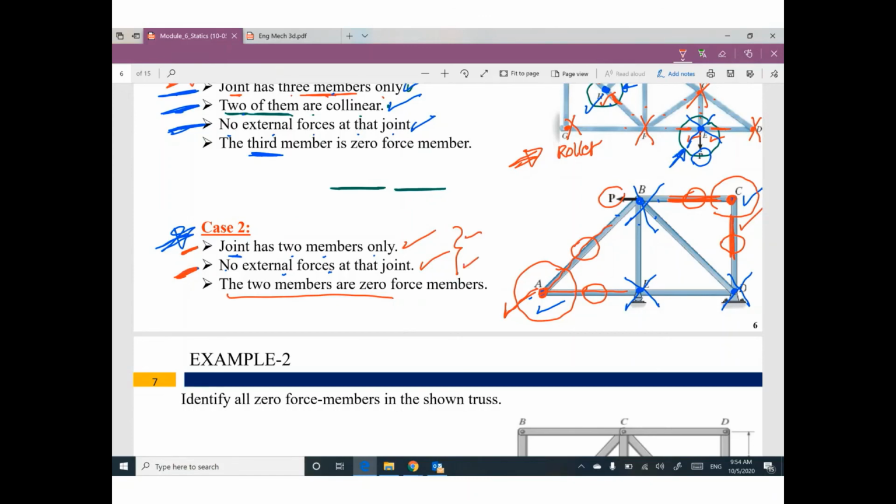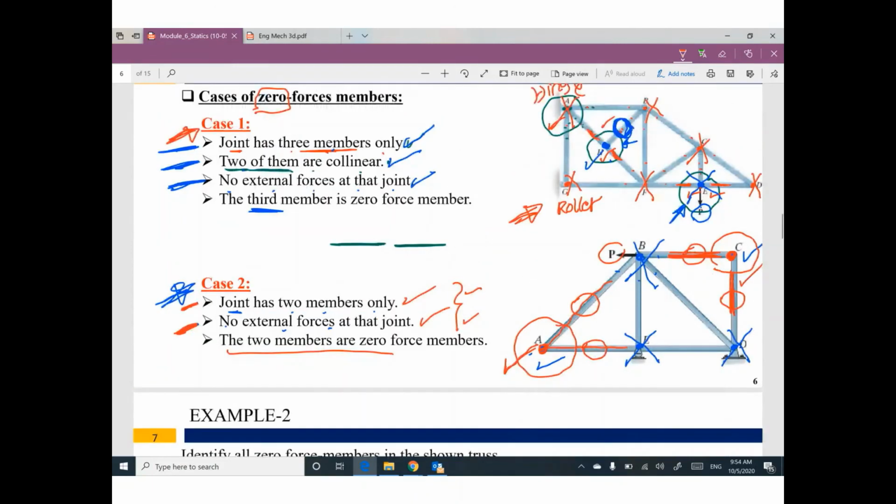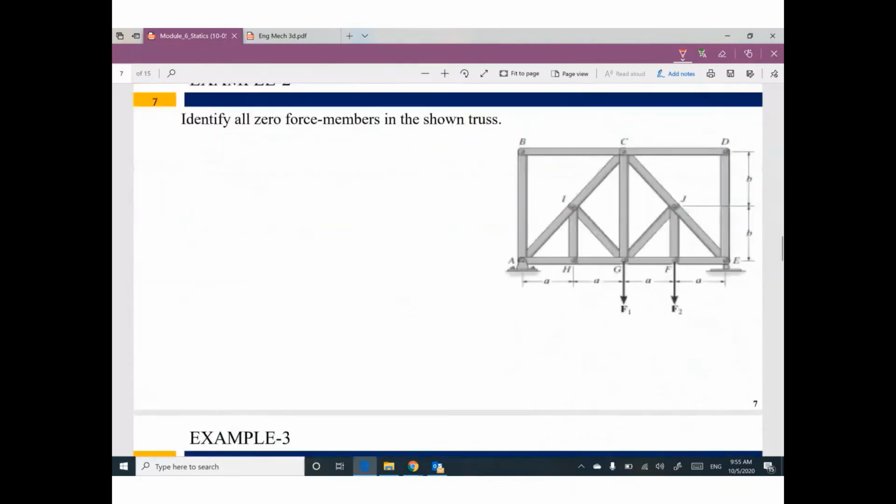So guys, we have some members in your truss with zero internal forces. I can figure them out without reactions, without calculations, by my mind. Just think for this case and this case, and I will repeat this information next time to cover example number 2 and example number